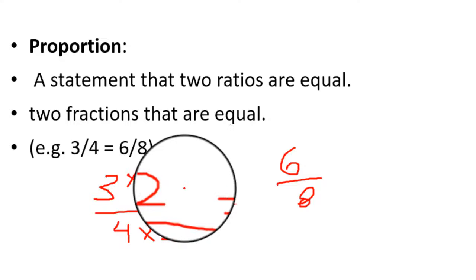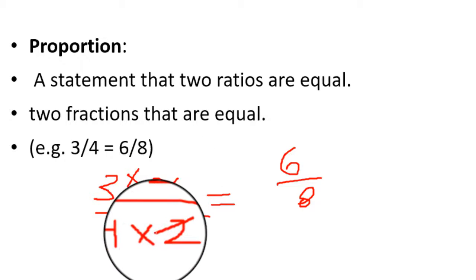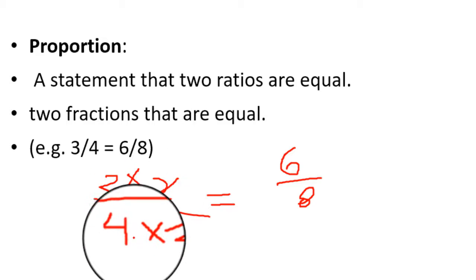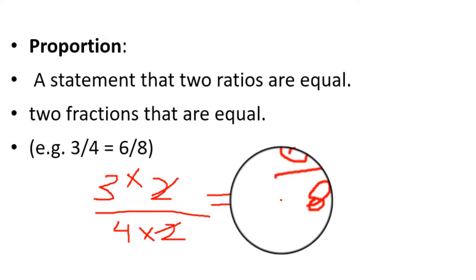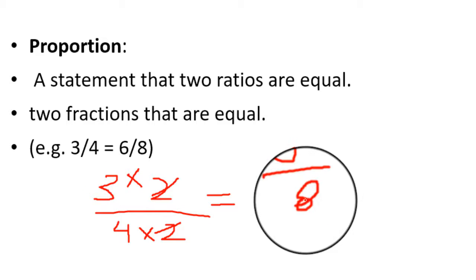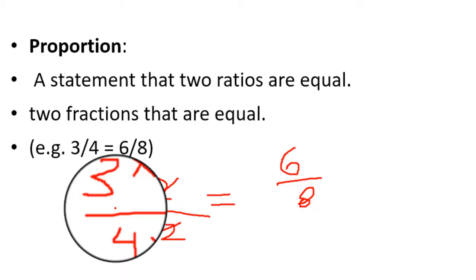Right? So if you remove this common 2 from both the numerator and denominator, you will get 3 upon 4. That means 3 upon 4 is a simplified form of 6 upon 8, and which shows one ratio, and